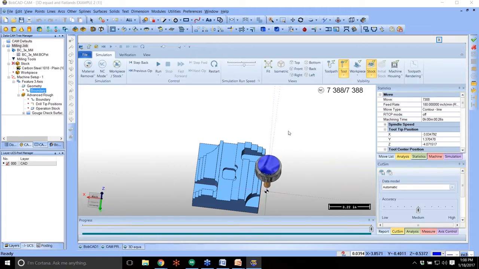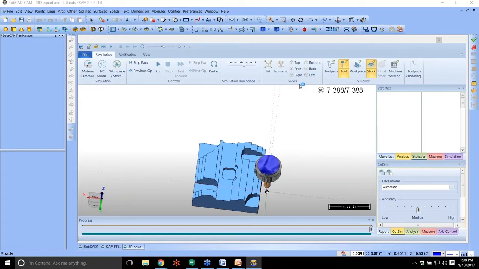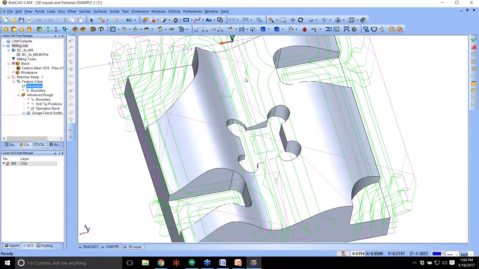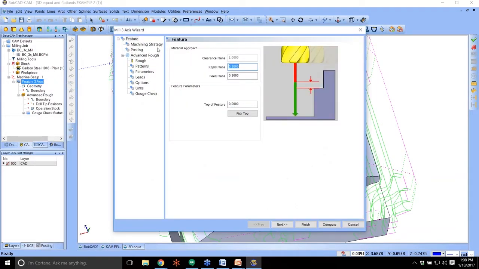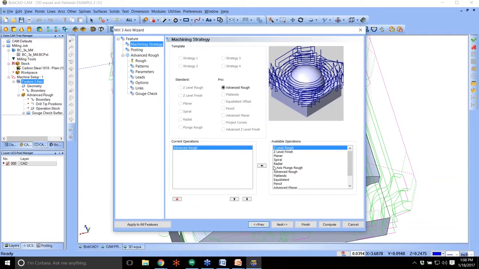So what we have to do is we need to add a rest roughing because we still want to use the same tool. We don't want to have to shrink and use a smaller tool to cut the whole part. We want to actually go in and use a smaller tool to clean up those areas. So what we're going to do is exit out of there. Now, in version 29, 28, and all those ones, you can right-click here and edit the feature you already created. You can go to your strategy, and you can actually go down to the advanced rough, and you add a